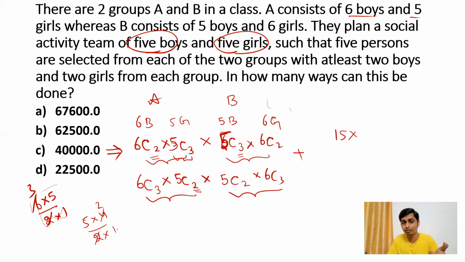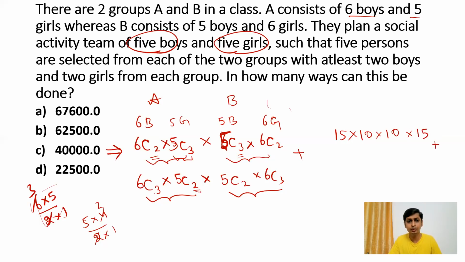So why is it 5 into 4? Why not 5 into 4 into 3? Because the value of 5C3 is nothing but 5C2, right? Because both are equal. The difference between 5 and 3 is 2. So 5C2 can be written as 5 into 4 by 2 into 1, so you get 5 into 2, 10. We have discussed this concept in permutation and combination. So 5C3 is 10, and you have another 6C2, so it is 15 only,